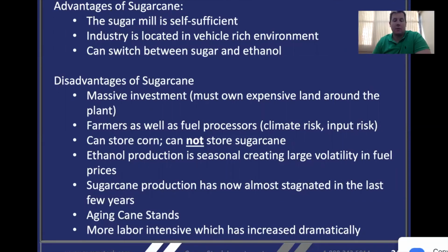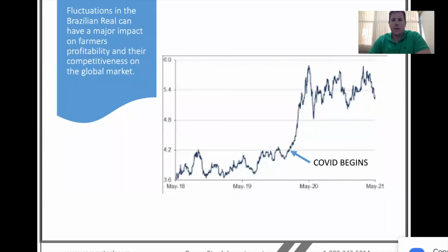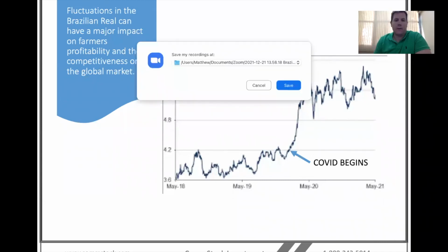They need to secure their supply. It's not something that can be stored, unlike corn, where you can buy it and store it for a year or more without really losing any quality at all. So that's why I think corn ethanol has a pretty good future compared to sugarcane ethanol in Brazil. Just want to talk briefly about